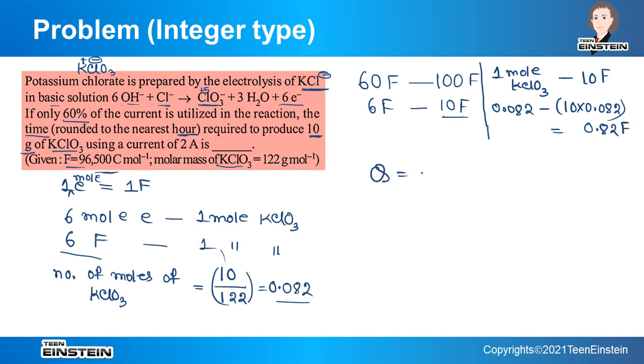Now the equation Q equal to IT. I means current in ampere, T is time in second, and Q is charge in coulomb. But if we want to convert Faraday to coulomb, what you have to do? 0.82 should be multiplied by this value, because Faraday is a very large unit of charge, and before applying this equation, we have to convert it to coulomb. So on the left hand side we have written this, and current is mentioned in the question, 2 ampere. T is unknown, basically T we have to find out, right? So from this calculation, T will be